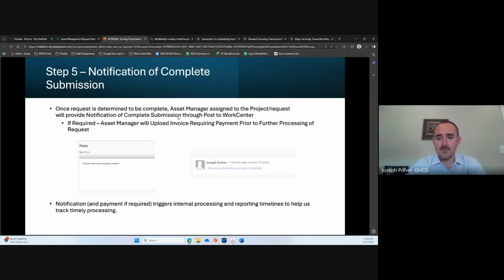And that's somewhat of a discretionary thing for the asset manager who's reviewing it. If you've got a package that is perfect in every way, it's complete. You got a package that's pretty much perfect, but maybe it's missing a couple of documents or there's a good explanation for it. And the asset manager says, look, this is mostly done, let's just move it on to the next phase and go ahead with our review.